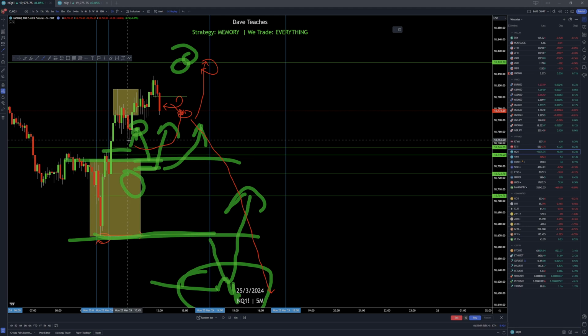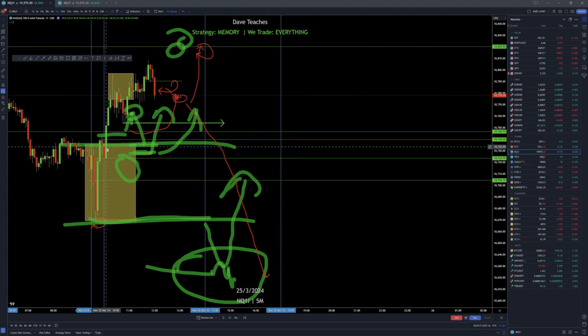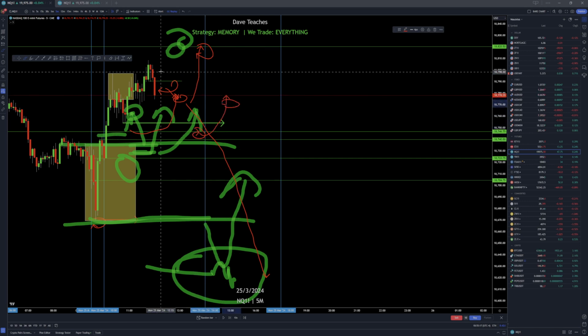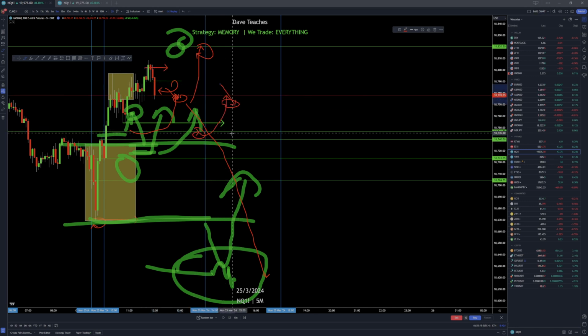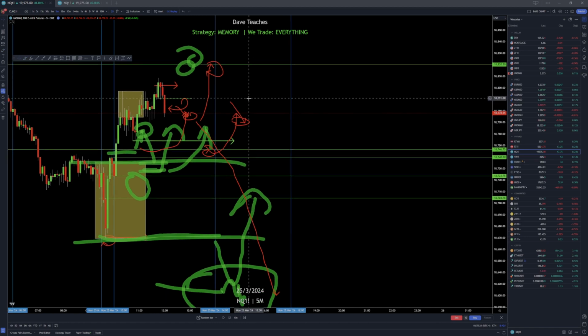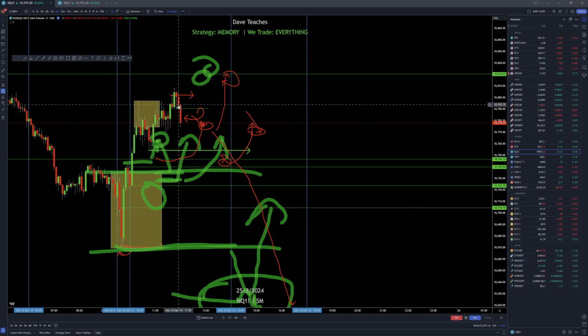It could be looking for these lows here, those lows right there, to head right back to 10 o'clock to tap into something here. And you can find even a long here to move back up there, as well as the short there to, you know, potentially target something lower. But that would have been a nice little